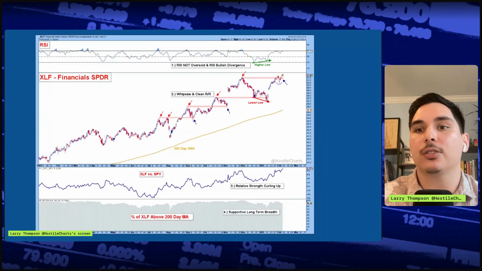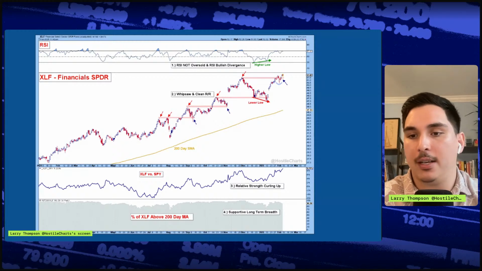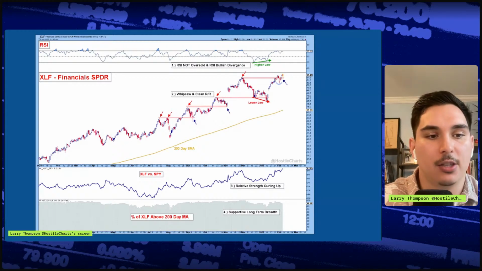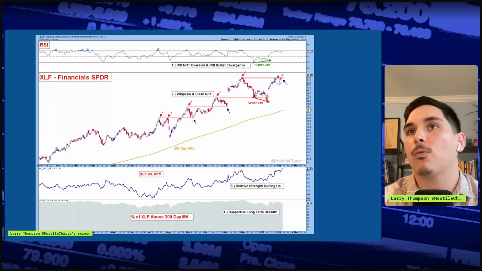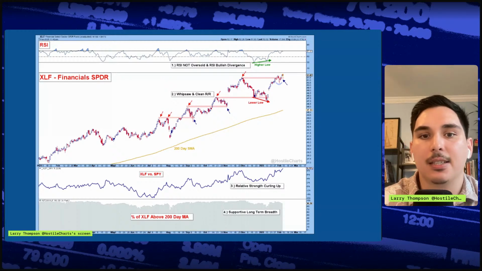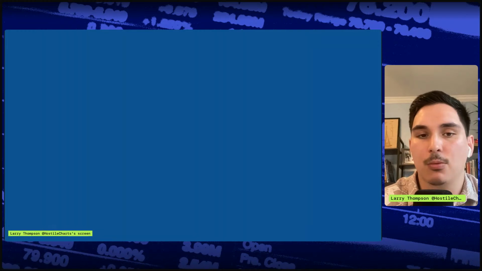Looking at financials here, right? This is a trade that we put on a while ago, and we really liked it. Just initially how we took this trade is we saw this whipsaw, lower low, higher low. We got in, and then right now we're breaking out, but we're starting to stall a little bit. That's not necessarily bearish, but it's just not overly bullish. So that's the price action we're seeing in the market.